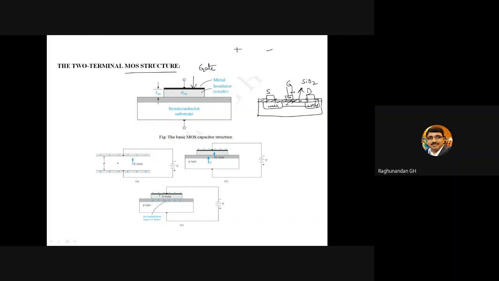This is the gate terminal. After that we have an oxide layer. We are just concentrating between the gate terminal and the substrate. Don't worry about drain and source. Only the gate is displayed here. Now the question is, the charge on this plate and the charge on this channel, here we will have a channel to connect source and drain. So will the charge on these two be same or different when we start the conduction process?